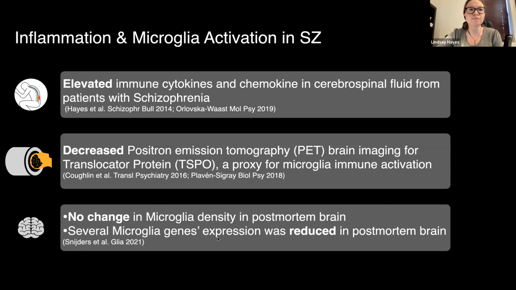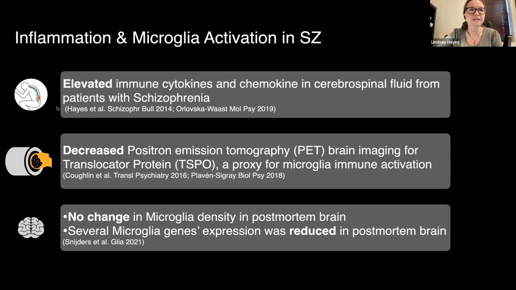However, as I mentioned before, there's also evidence for immune changes in the pathology of neuropsychiatric disorders. In CSF, cerebrospinal fluid, for example, in patients with schizophrenia, I and others have identified elevation of immune cytokines and chemokines in the CSF of patients with schizophrenia. And so this data led to the hypothesis in the field that microglia must be overactive and producing all these